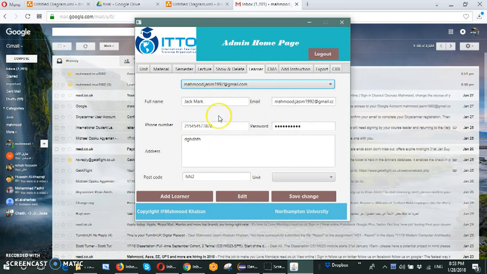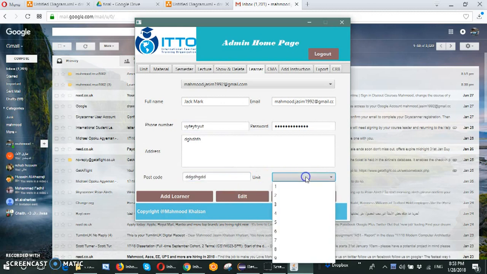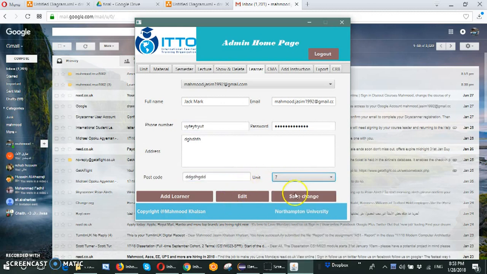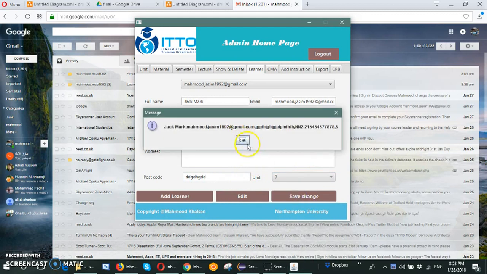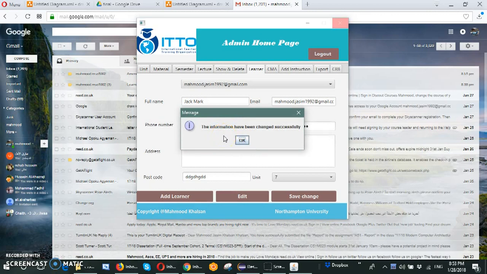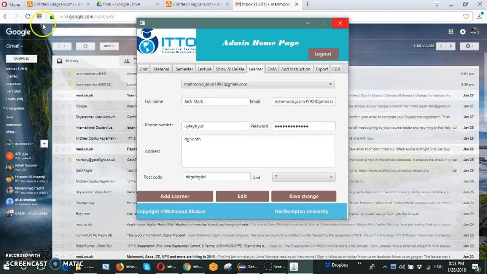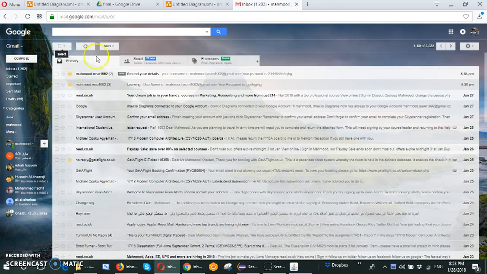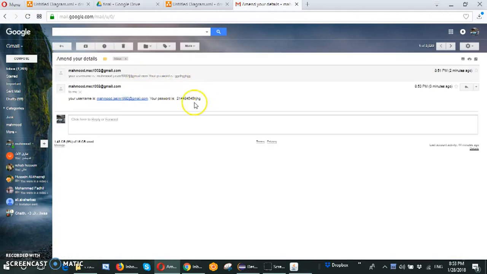To amend, for example, the password here, or the phone number as well, and the address, for example for the unit, and select save. This is the previous information, and click OK. The information has been changed successfully, and an email should be received, which includes a new username and password that have been